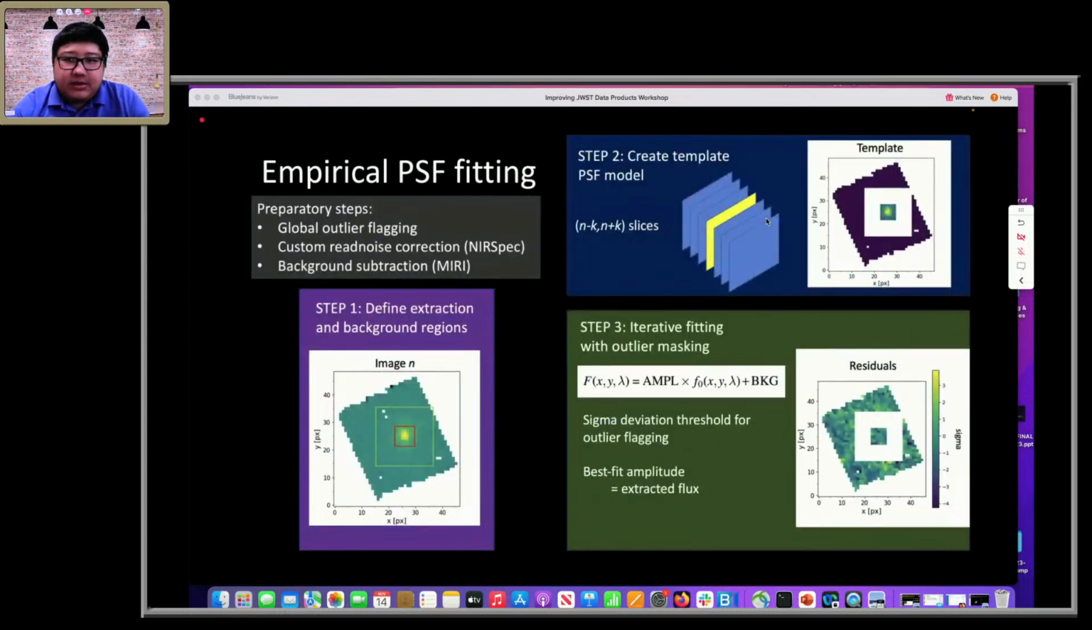So let's talk about a high-level overview of this method. The starting point of the PSF fitting is the S3D files, the level 2's S3 or level 3's S3D files. Prior to this, there are a number of steps that we do that have been discussed in other presentations, such as global outlier flagging, as well as read noise correction, the 1/f correction, using techniques such as NSClean. For MIRI, whenever there's a dedicated background, that background subtraction is done prior to this step. So we have background subtracted